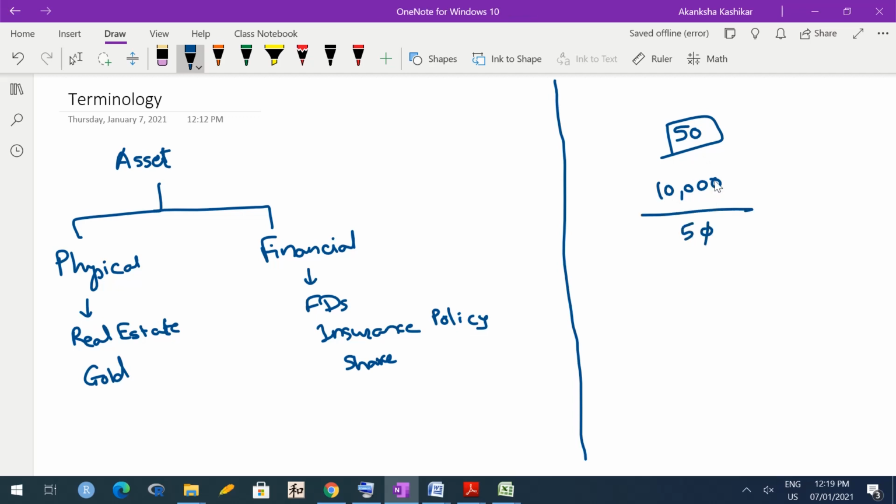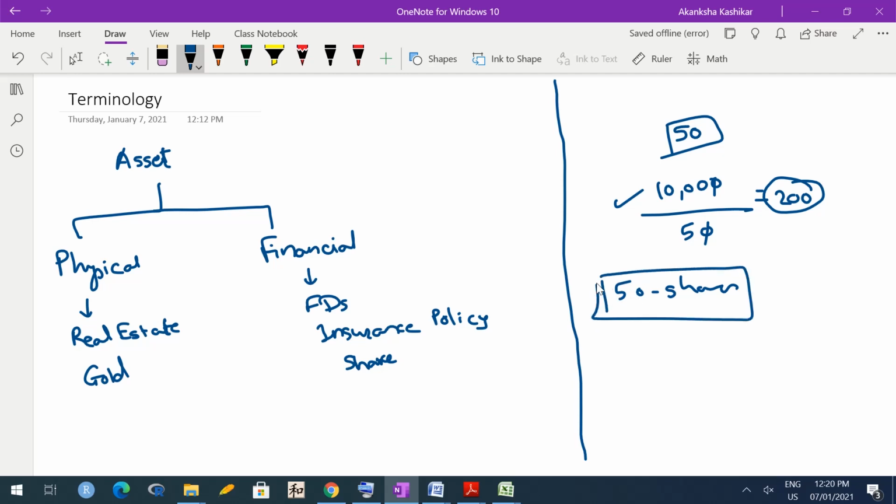So if we divide, how much we are going to get? 200. So if each one of you contributes 200 rupees, you can bring the initial capital of 10,000. Okay, so that's what you decide to do. So you decide that each one of you is going to pay 200 rupees. That way you will have 10,000 rupees at hand and you are going to use those 10,000 rupees to start the canteen. So it is as if there are 50 shares and each of you is going to own one share for the canteen.